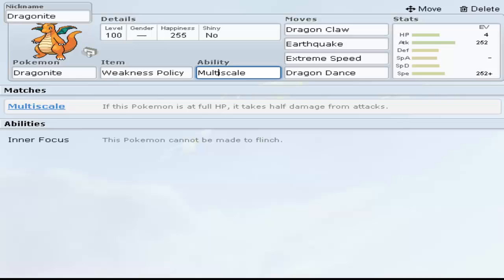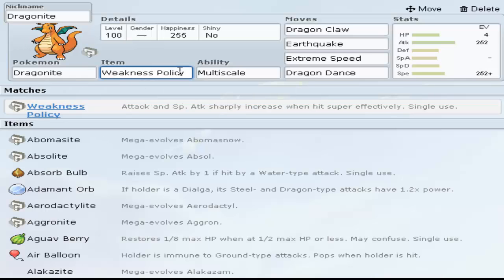And that's what Multiscale provides incredibly well with this set, because it guarantees you a Dragon Dance, and it also guarantees you survive and proc your item. The best part about this set is the Weakness Policy, and your attack and special attack go up by 2 stages, so double in power. Go from 1.5 to 2.5 times attack with a Dragon Dance,